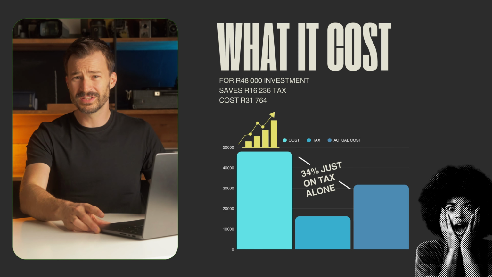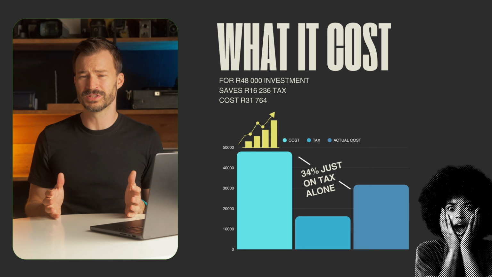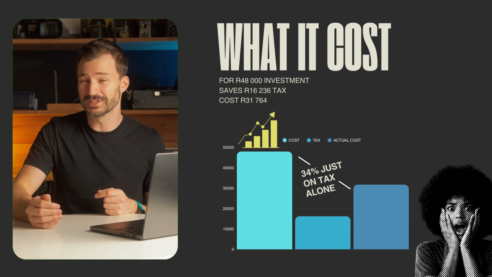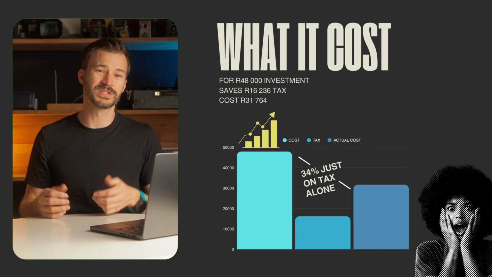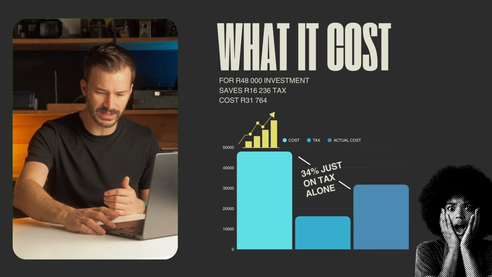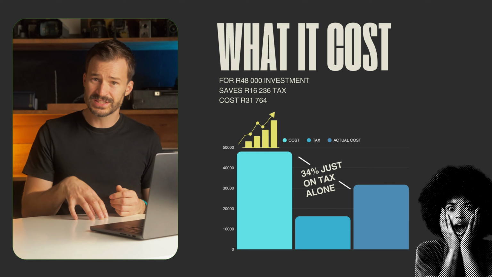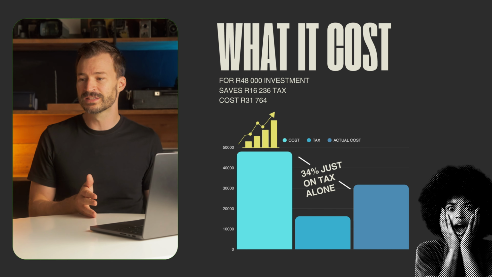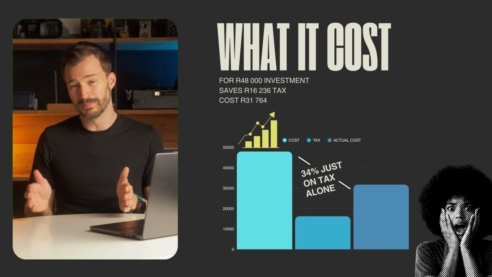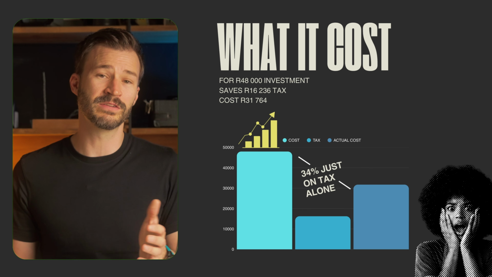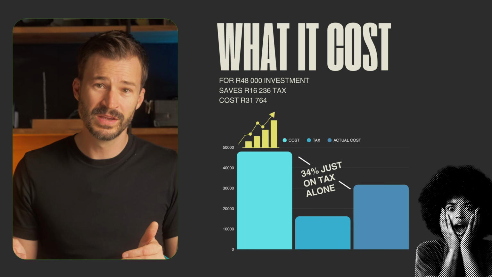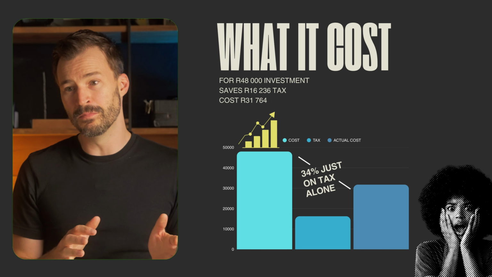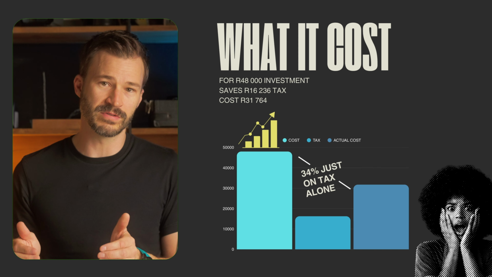So with a retirement annuity, what's our biggest advantage? We get tax-free growth, but also the retirement annuity is tax deductible. So we can actually get money back from SARS every year. In Lucy's case, if she invests 4,000 Rand per month, it is a total investment of 48,000 Rand per year. She gets money back from SARS, and in her case, she gets back just more than 16,000 Rand.